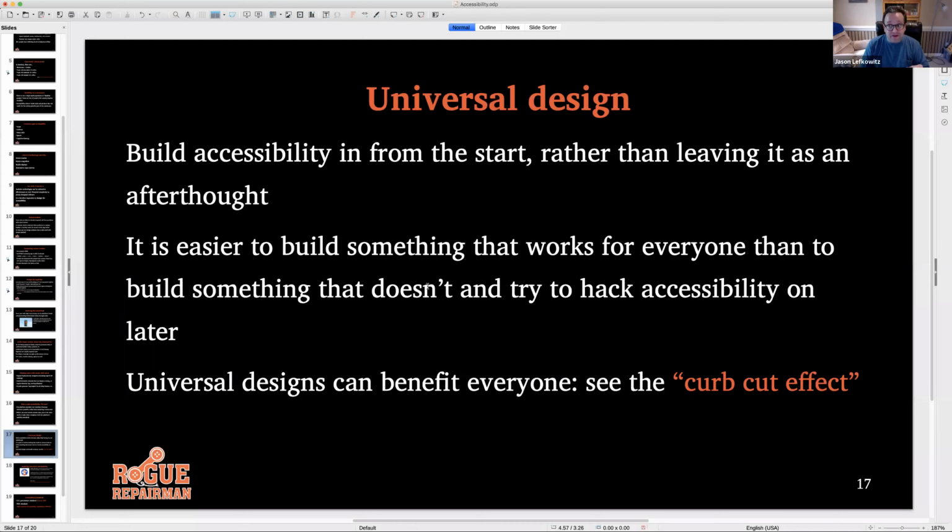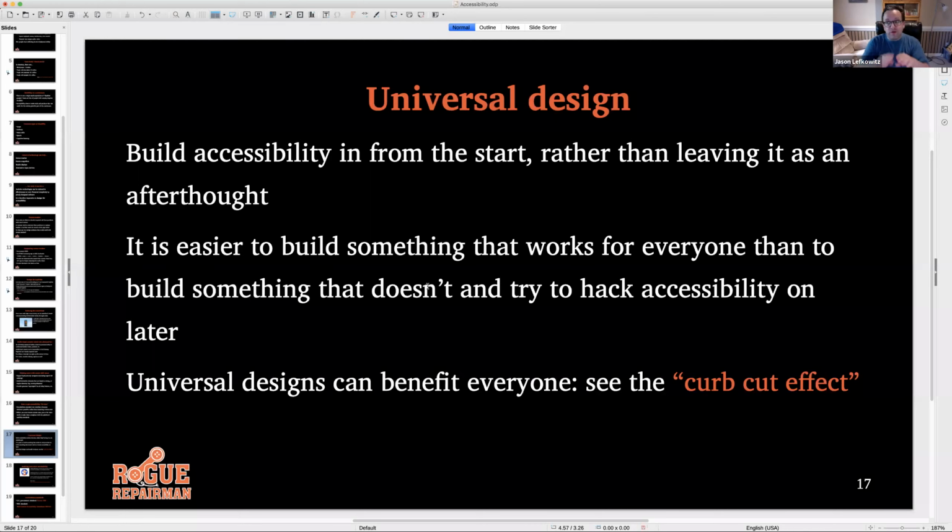They could have saved a lot of that time and money, right? So build this into you from the start. And it's important to remember when you're advocating for accessibility, like I said before, this is not a small population. Accessibility is about everybody. And there's even a term for this, what they call the curb cut effect, which is